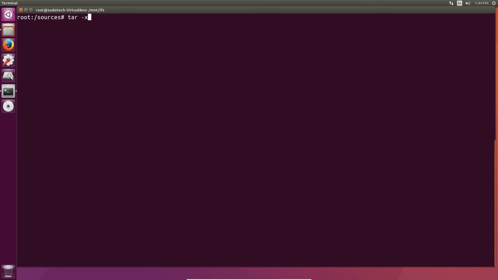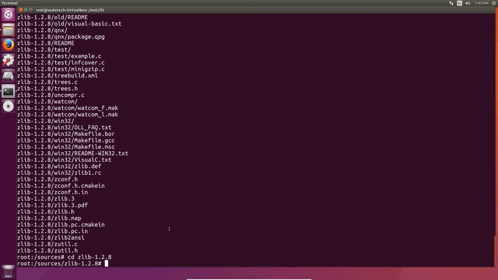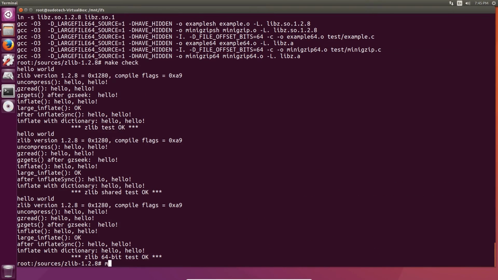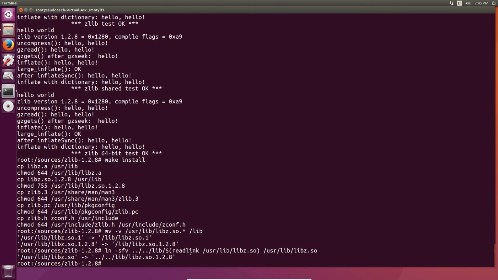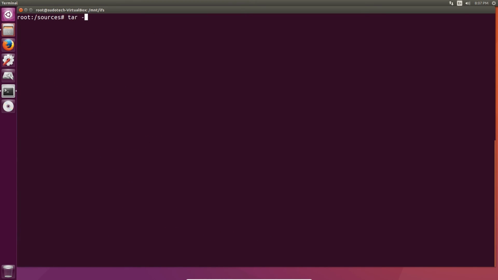Use tar to unpack Zlib, which contains compression and recompression tools, then go ahead and change the directory and configure it. We're going to run make, then make check, and finally make install to set it all up. There are some libraries that need to be moved around, so go ahead and follow the commands in the Linux from Scratch book to take care of that. Go ahead and delete the created directory for Zlib, and then we can move on to file by unpacking it